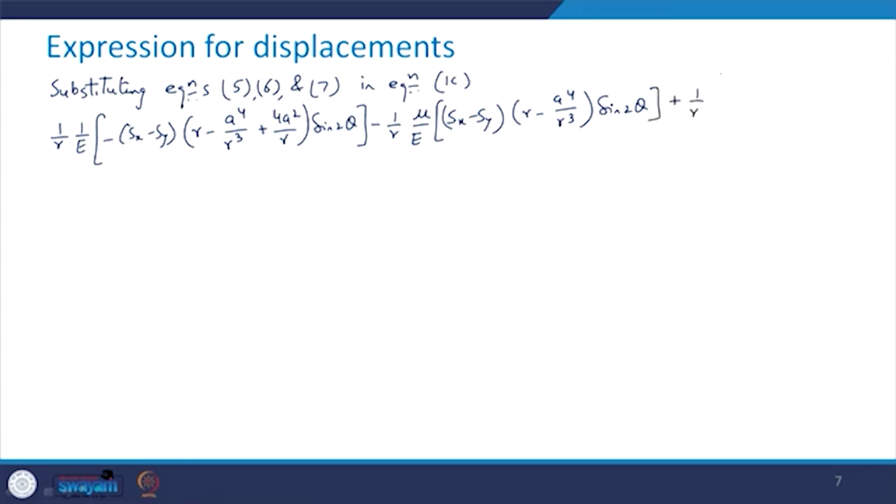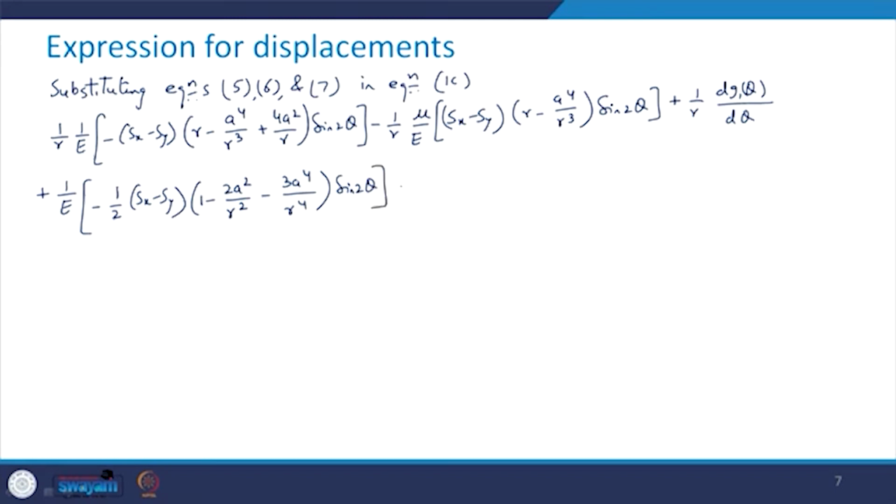plus 1 upon r, dg1 theta divided by d theta, plus 1 upon e, minus half Sx minus Sy, 1 minus 2a square upon r square minus 3a to the power 4 upon r to the power 4, sine of 2 theta, minus mu upon e, half, Sx minus Sy, 1 plus 2a square upon r square minus 3a to the power 4 upon r to the power 4, multiplied by sine of 2 theta,